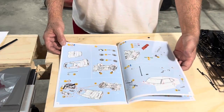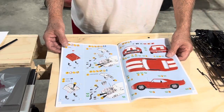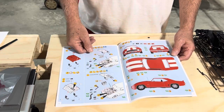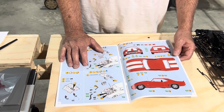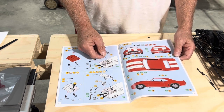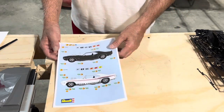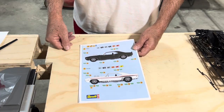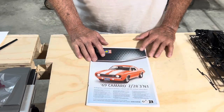Coming over on this page right here, and then boom, it gets down to the final assemblies of different things that you could use. Very nice. This is a beautiful stock version of a 69 Camaro Z28. It has the stock white deck stripes and things like that. But at the very end it shows you a street version as well as a racing version. So definitely not going with any of those three. We're going to be building this in a pro street version